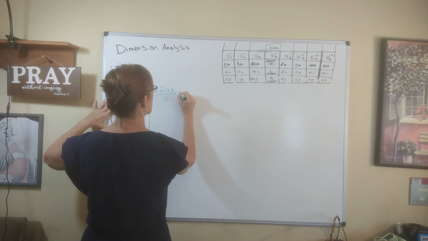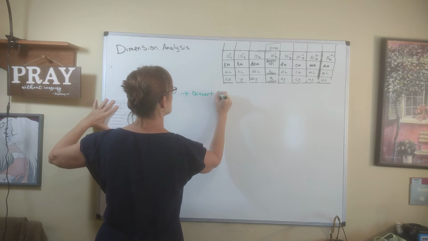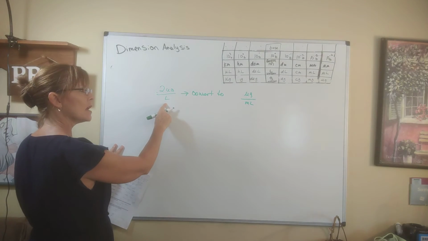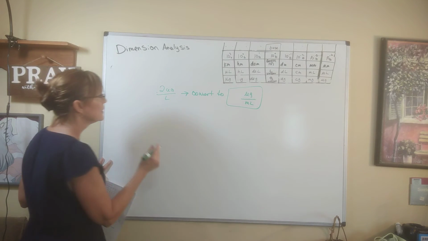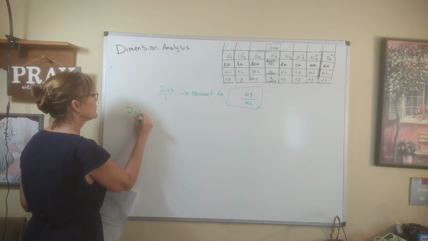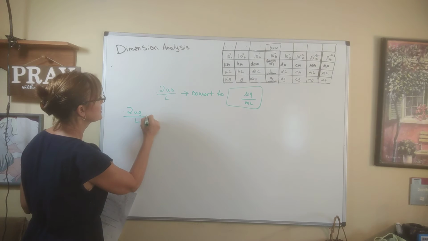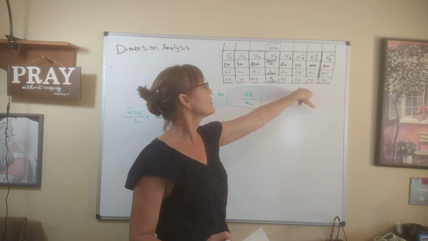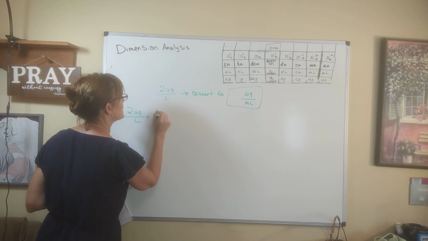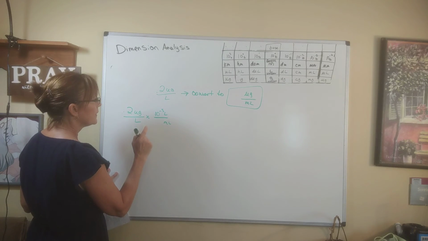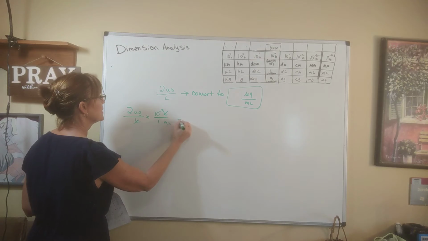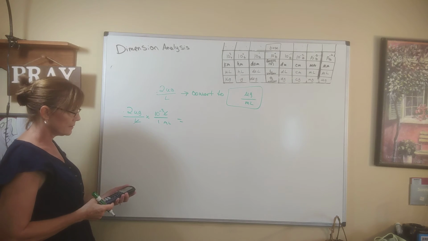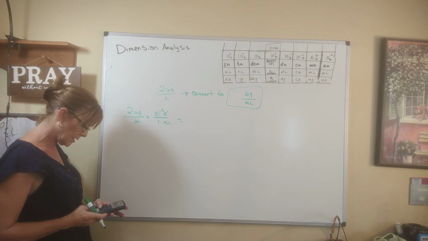So first, let's convert to micrograms per milliliter. So the only thing we're changing here is the denominator. So let's see. This is what we want to figure out. So start here with what you know. 0.2 micrograms per liter. We want to change liter to milliliter. So let's go through the base. Liter, milliliter. All right. Here we are. Milliliter. There's 10 to the negative 3 liters in 1 milliliter. So let's convert this. 0.2 EE negative 3 divided by 1 is just 0.2 times E negative 3. So 0.2 EE negative 3 gives us